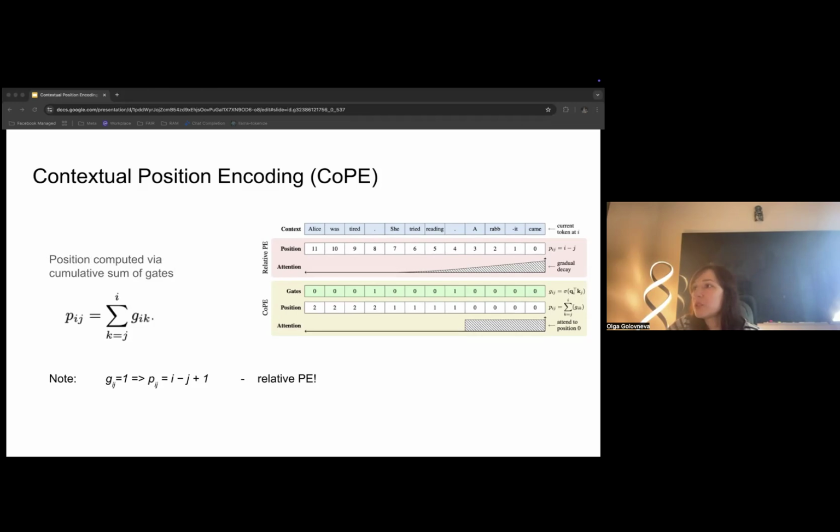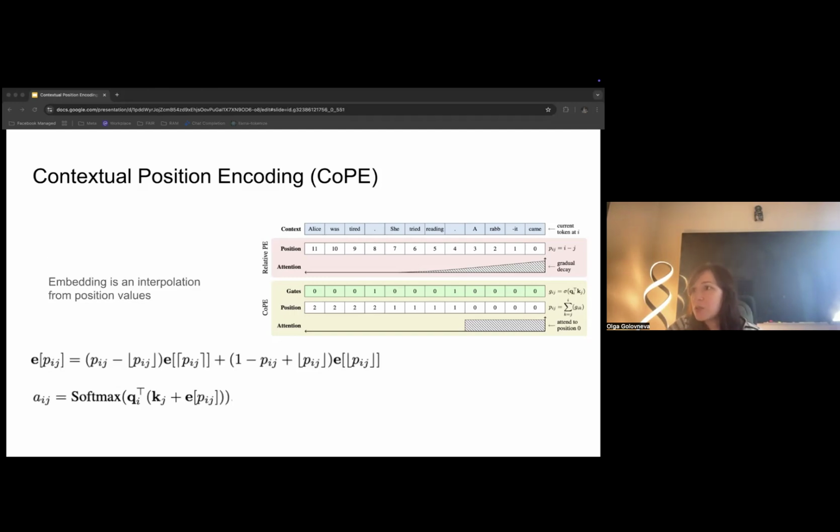Next, we compute position values by adding the gate values between the current and target token, a cumulative sum, in other words. Note that if gate values are 1, then this cumulative sum just becomes regular token-based relative position encoding. Thus, COPE can be viewed as a generalization of relative position encoding. In general, however, these values P can be the count of specific words or word types, like nouns or numbers, the number of sentences, other concepts usable during training, and they will have different values depending on what we are attending to.